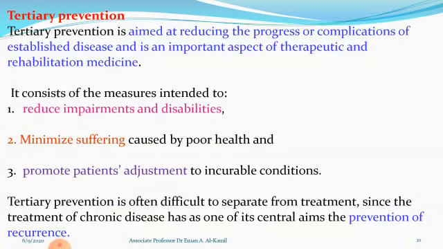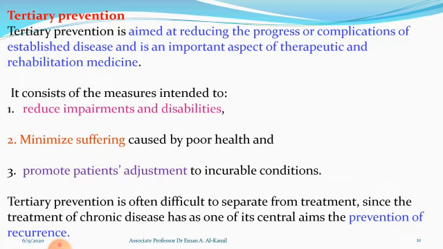It consists of measures intended to reduce disability or impairment. First, reduce impairment and disabilities, minimize suffering of the patient caused by the disease, promote the patient's adjustment to an incurable